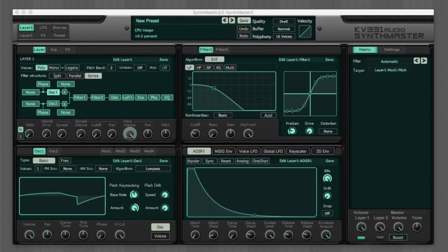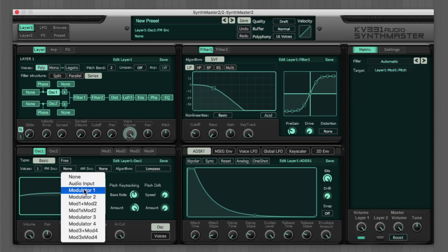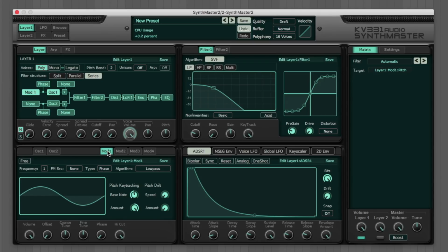Okay, so let's take a little look at SynthMaster, and specifically we're going to use the FM capabilities to make some really wet and nasty bass noises. So we're just going to start off with an initialized patch. It's just a sawtooth, and we're going to change the FM source to modulator 1. Now, modulator 1 works as our FM source. So we play our thing. It already sounds pretty rough. If we change the tuning,